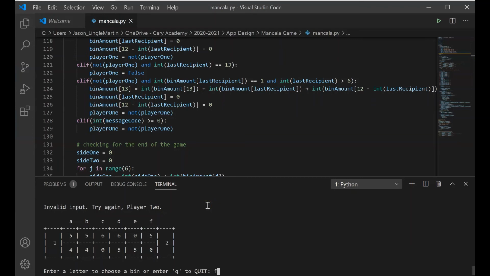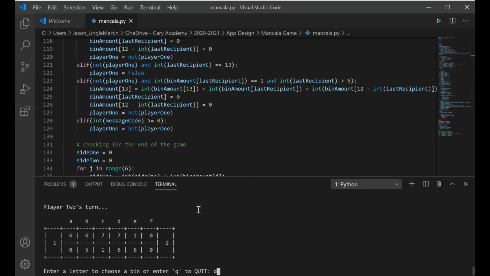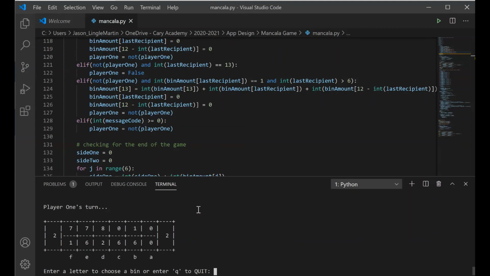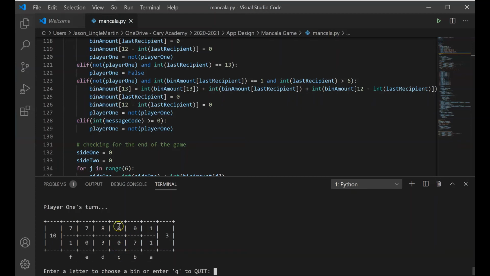So if player 2 chooses F, and then player 1 chooses F as well. Now let's have player 2 choose D. Let's have player 1 choose E. Now if we have player 2 choose E, that one stone will land in an empty bin, and they should claim all 7 stones from the other side. And that's what happened. But player 1 can do something similar by choosing F,